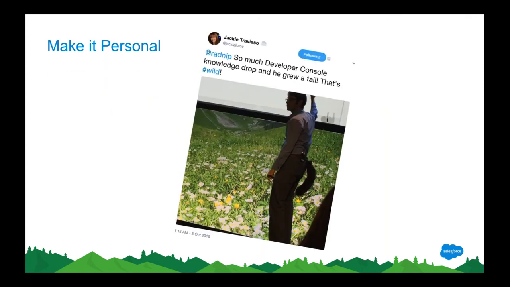And then finally, making it your own. This was me at Dreamforce last year. I just won the tail from the prize giving next to the stage, and I put it on, and it uplifted my crazy way of doing talks. Everybody quite liked it, and it had the theme of Dreamforce as well, with Trailhead and the animals and everything else.